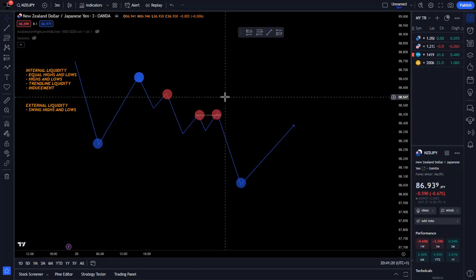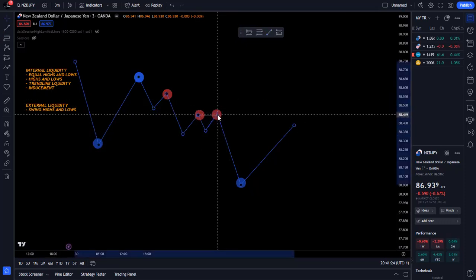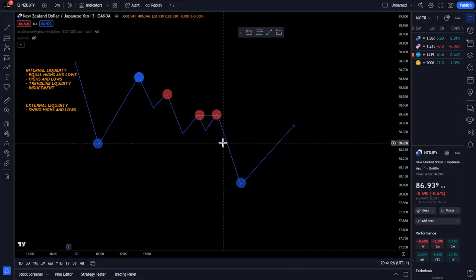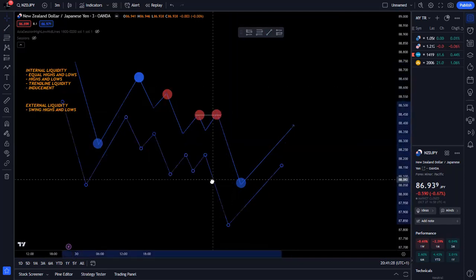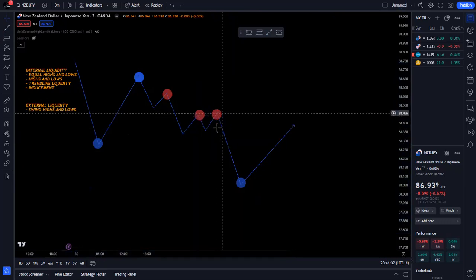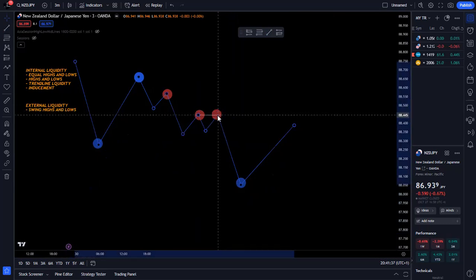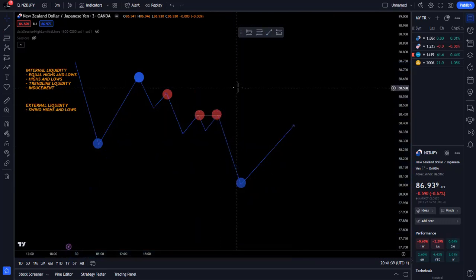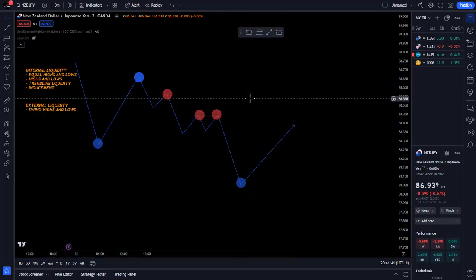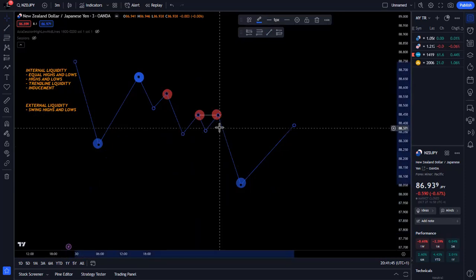These are equal highs. One thing you must know about equal highs is that one high must not be higher than the other, or should I say significantly higher than the other. All right. If maybe we had something of this nature,